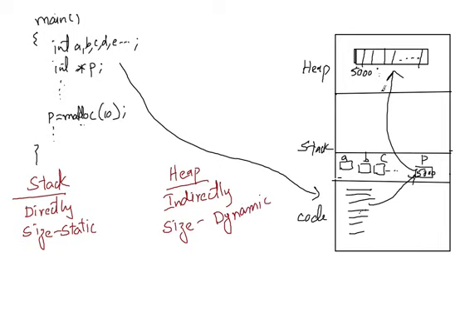That's it. So these are the two major differences between heap and the stack. So the stack memory is directly accessible, heap memory is indirectly accessible. Second, stack memory size is pre-decided because it depends on the number of variables you declare in the program, and this memory is for variables, right? And this memory is not by variables but by using malloc function and pointer. So the pointer is compulsorily required for accessing the memory from the heap.